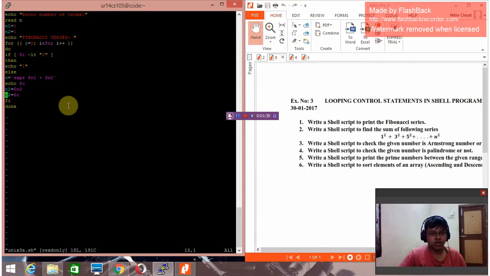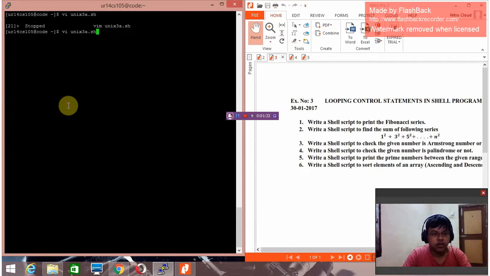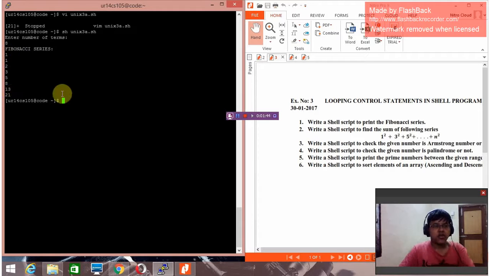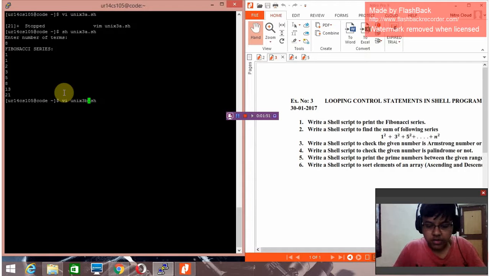So moving on to the working part, I have given the number of terms as 8. So there are 8 terms, and this is the Fibonacci series for 8 terms. So moving on to the next part, which is